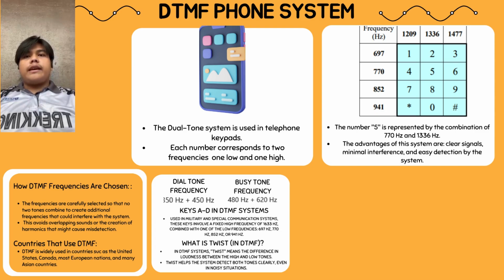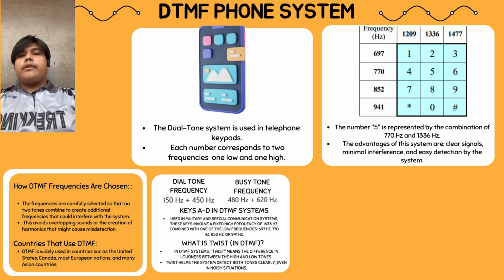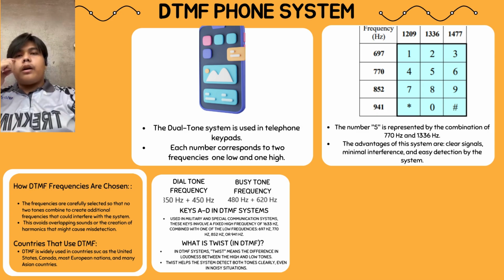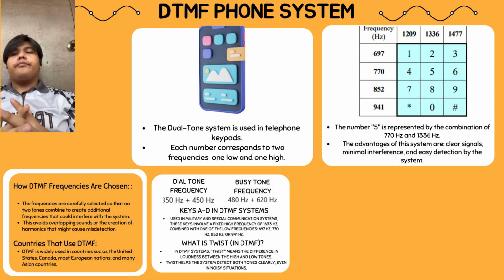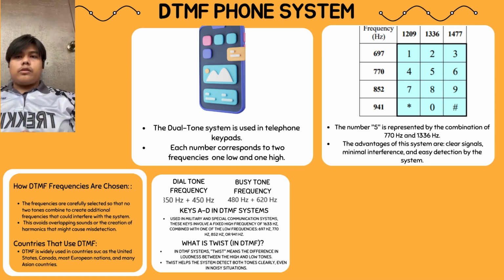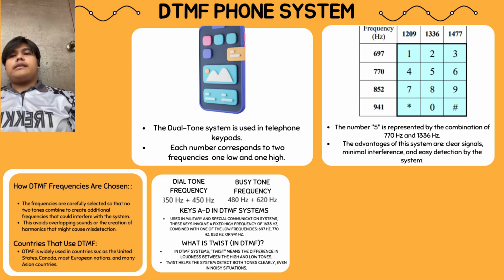We also investigate why specific DTMF frequencies were chosen, which countries use DTMF, such as the US, most of Europe and Asia, and the standard tones for dial and busy signals. The additional DTMF keys A, B, C, and D are actually used in military and specialized systems. And lastly, we also investigate the concept of twist, which refers to the amplitude ratio